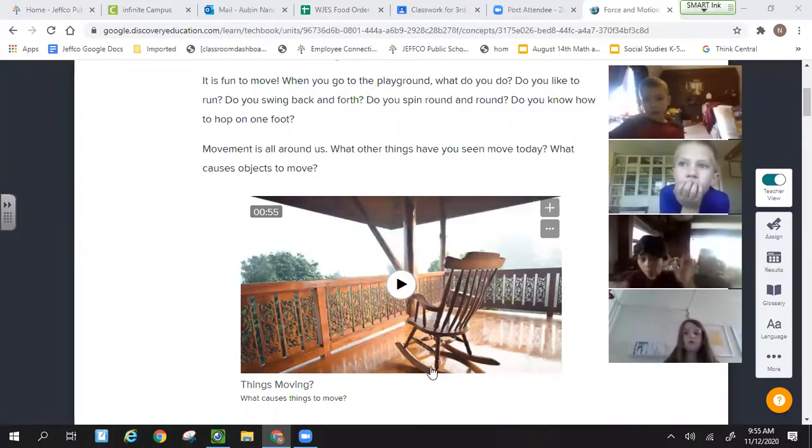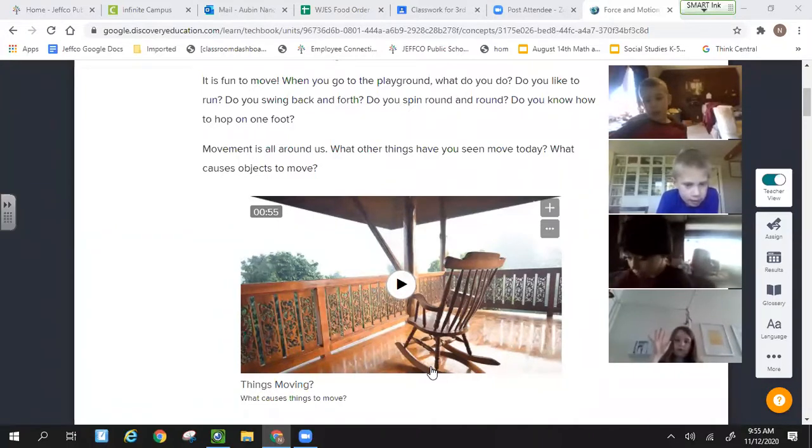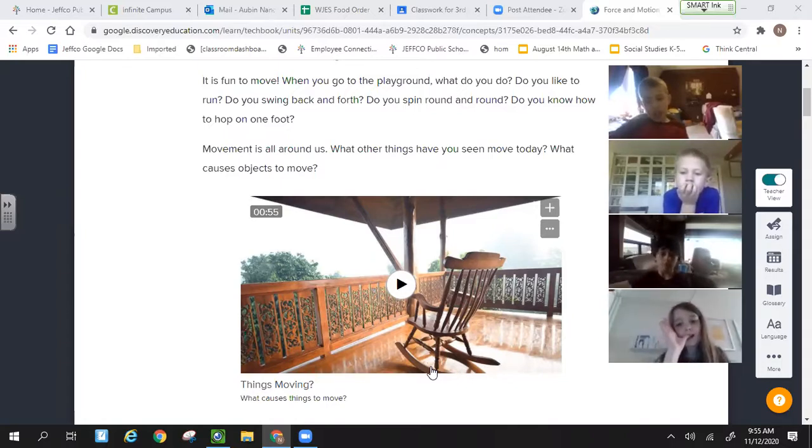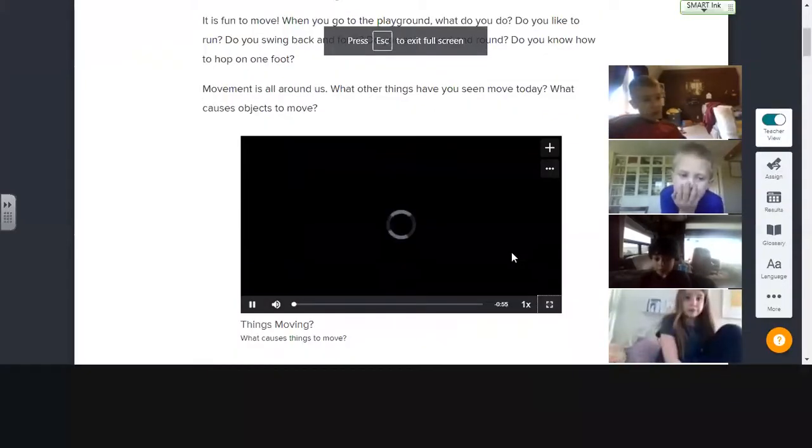Charlie Van Rickley, can you unmute and share? Ocean tides. Something that goes back and forth. Ocean tides, yes, which are controlled by the forces we're going to talk about today, and the moon and the earth, and the tides coming in and out is part of motion. One more. Swimming. Swimming, you are moving when you're swimming. Okay, let's watch this quick video. I've got a lot of little videos we're going to watch and see if this helps explain our topic a little bit.